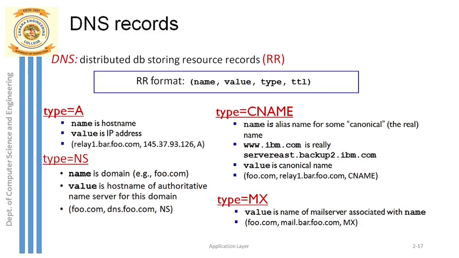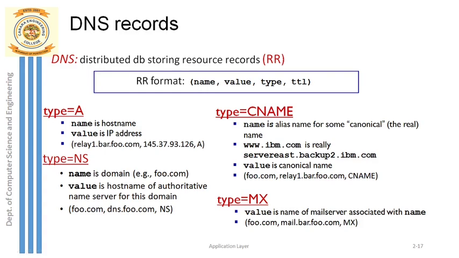Now let's see this type field. There can be 4 types of DNS records. The first one is type A record. So the value of type can be A. And what is this type A record? We'll see. In this type A record, the first field remains the same. Name is what? Host name. If it is google.com, that will be the host name, right? And the second field, value, in type A will be the IP address of web server. The third one, type field, will be indicated as A.